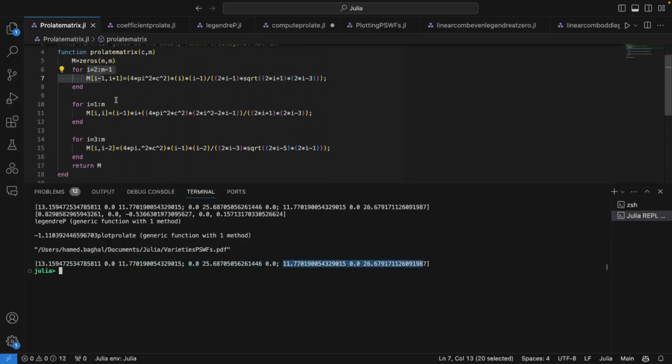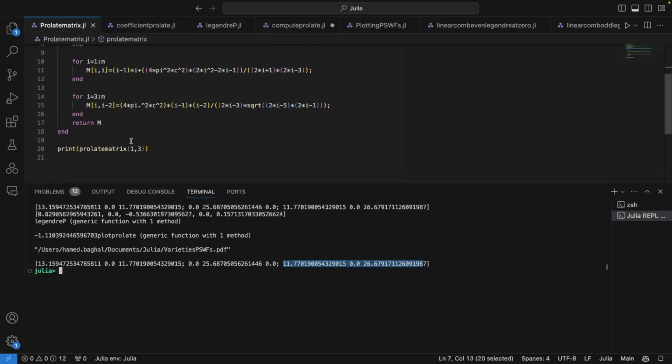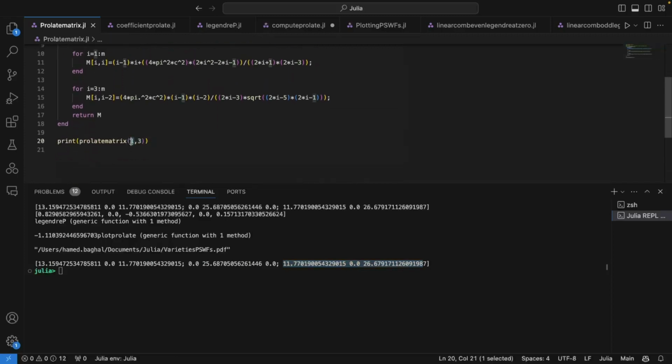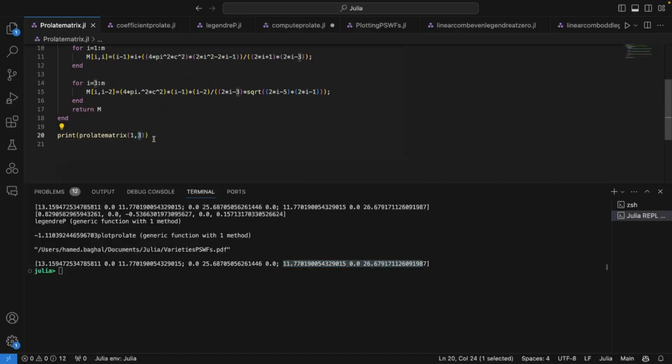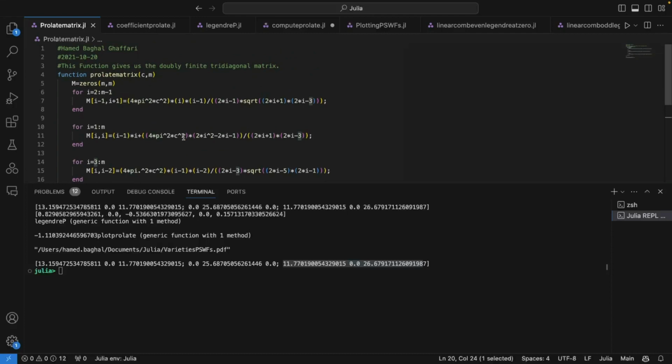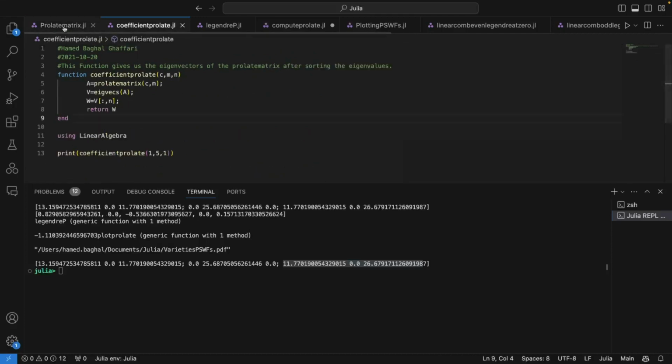You see that C is equal to 1. C is the same as that C in the LC operator, and M is the size of the matrix, 3 by 3. Alright, so the coefficient of this matrix,